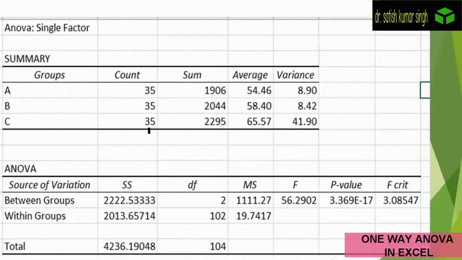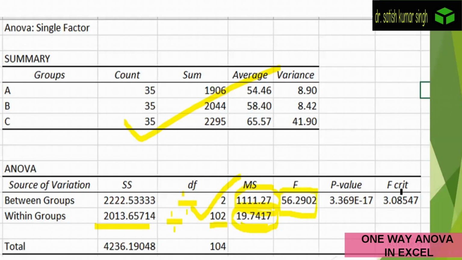And then we have already studied this. And how is the mean square calculated? If you divide the sum of squares by this degree of freedom, you will receive this mean square. In a similar manner, if you divide this value by this value, you will receive this value. The F value is calculated. You need to divide these two, meaning the mean square between the groups is divided by the mean square within the group. It gives you the F statistic.